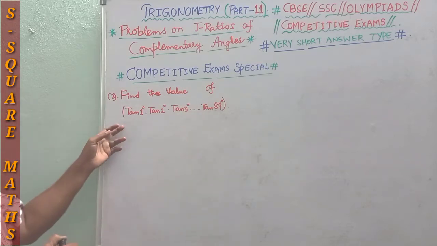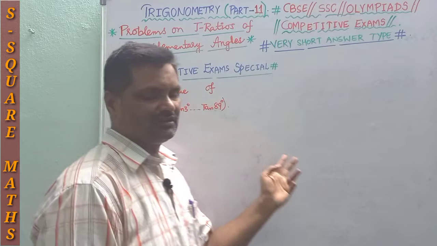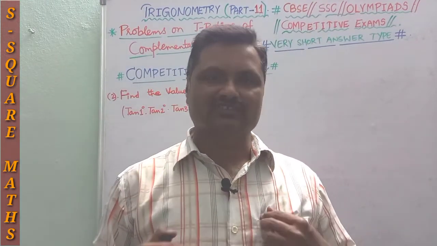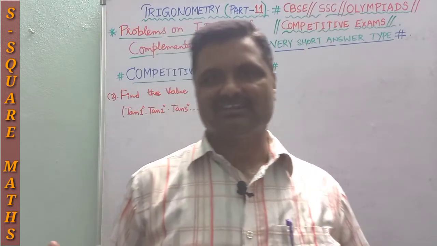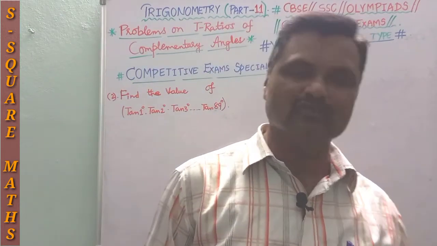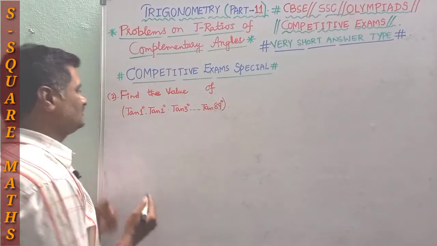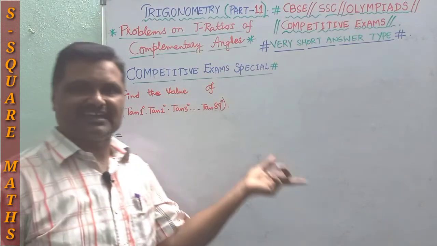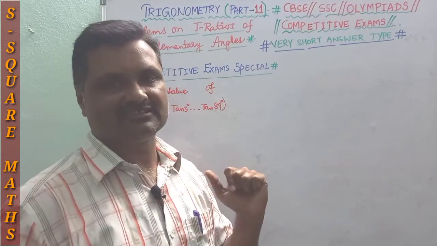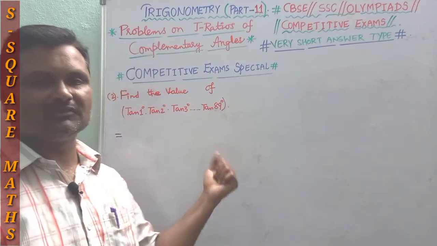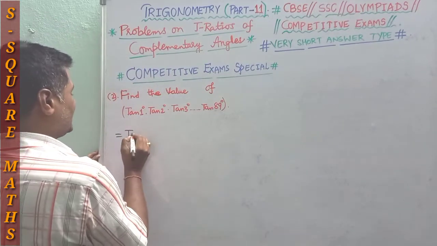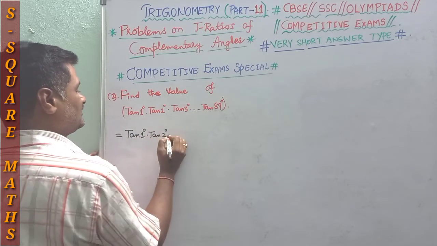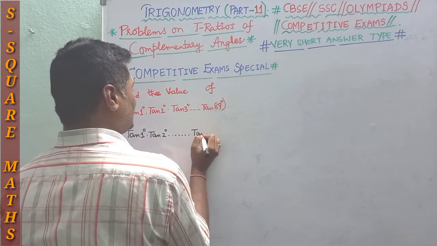So nothing but tan 1 degree into tan 2 degrees, tan 3 degrees, and so on, up to tan 45 degrees. You may ask the question that we don't know the value of tan 1 degree, tan 88 degrees, tan 89 degrees or tan 11 degrees, etc. No need, just go through it now. So in the middle you can find the standard angles tan 30, tan 45, tan 60. So that we are going to introduce here some of them. So now tan 1 degree into tan 2 degrees, and so on, tan 45 degrees.